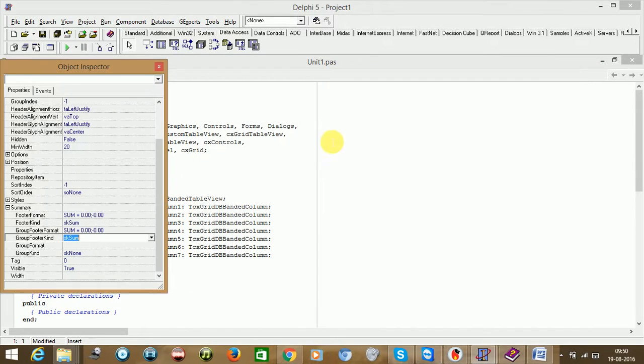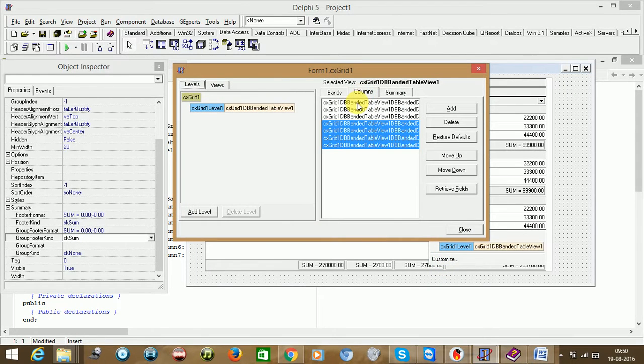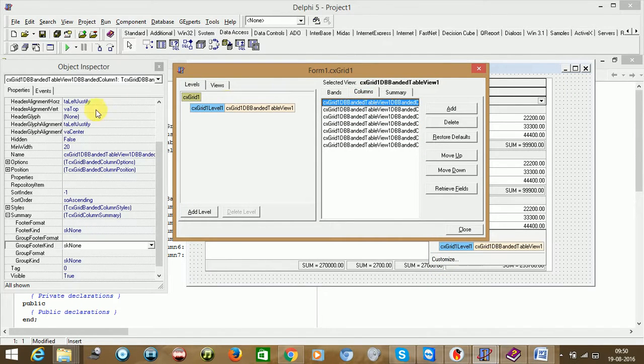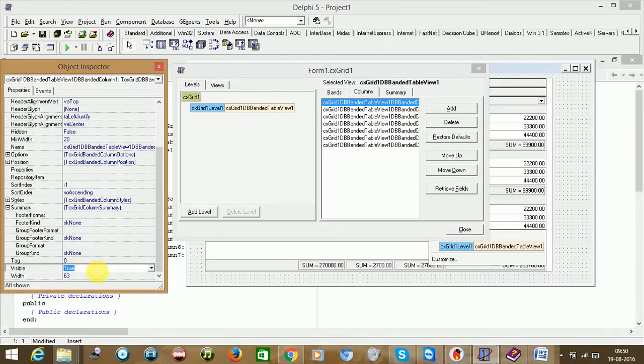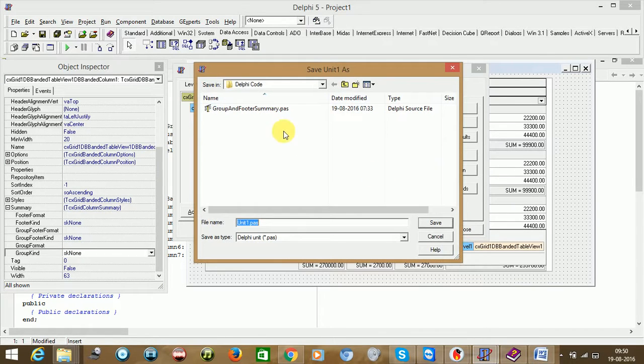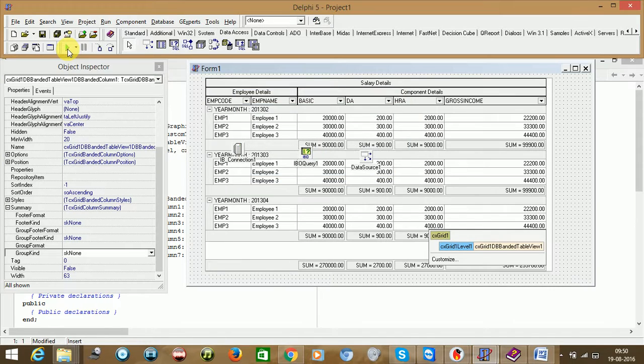So what we need to do is just make the year month column visible false. So just select year month column, see what value you have assigned here, field name year month. Go below and just say false. That's it. Save.